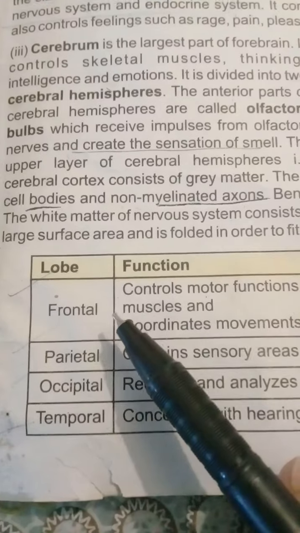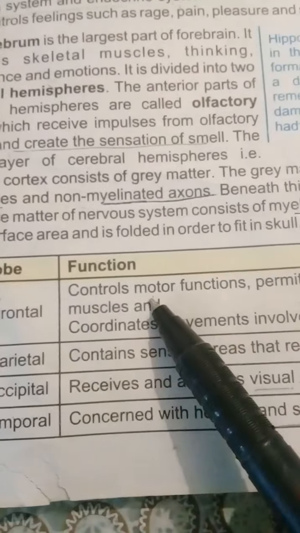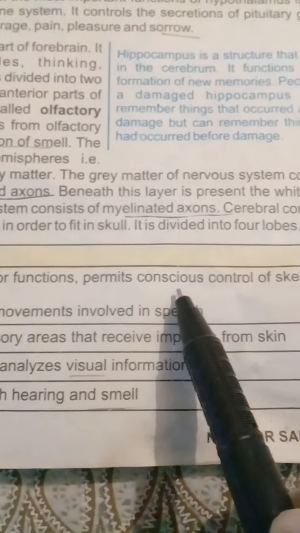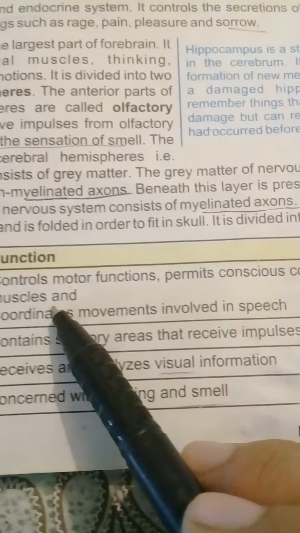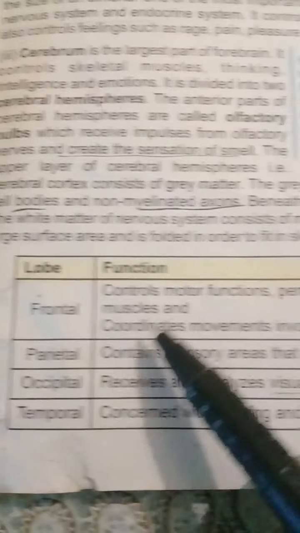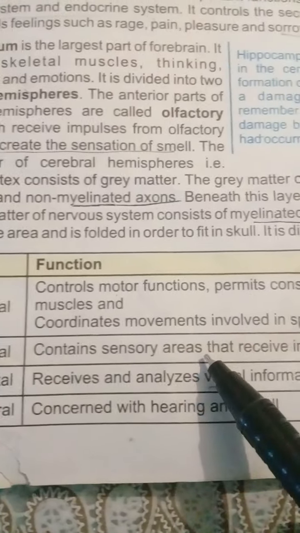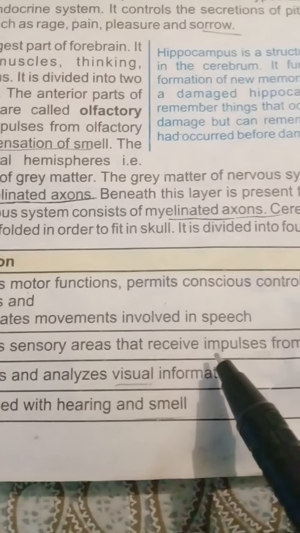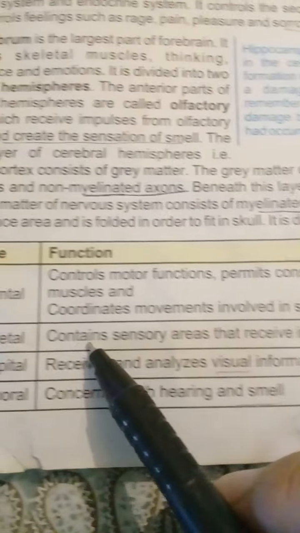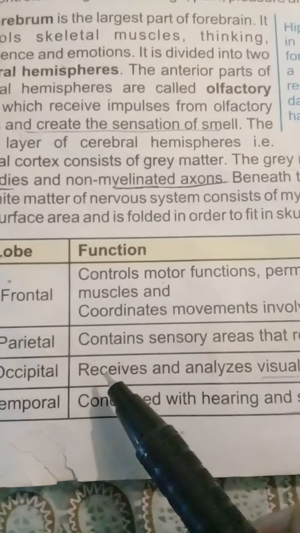So these four lobes control different functions. The first lobe is the frontal lobe. The frontal lobe controls motor functions, such as it permits conscious control of skeletal muscles and coordinates various movements in our speech. Parietal lobe. This lobe is associated with the sensory areas, and impulses are received from these areas by this lobe. Occipital lobe. The occipital lobe mainly receives an